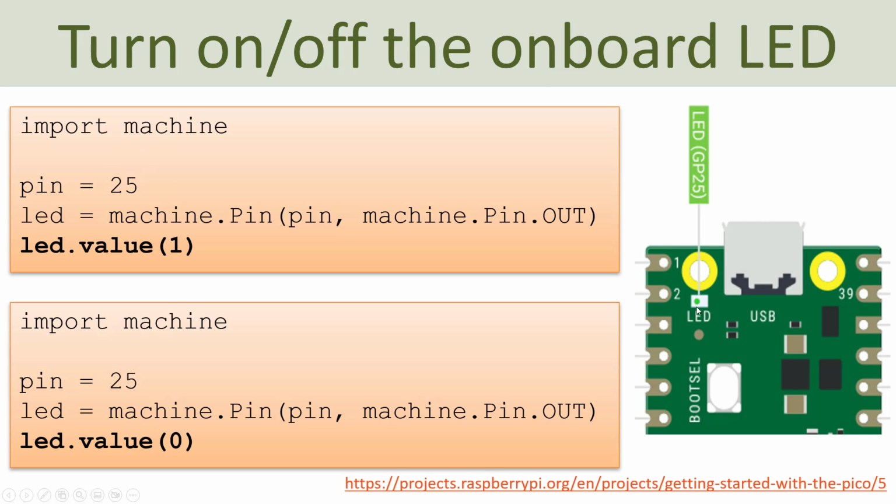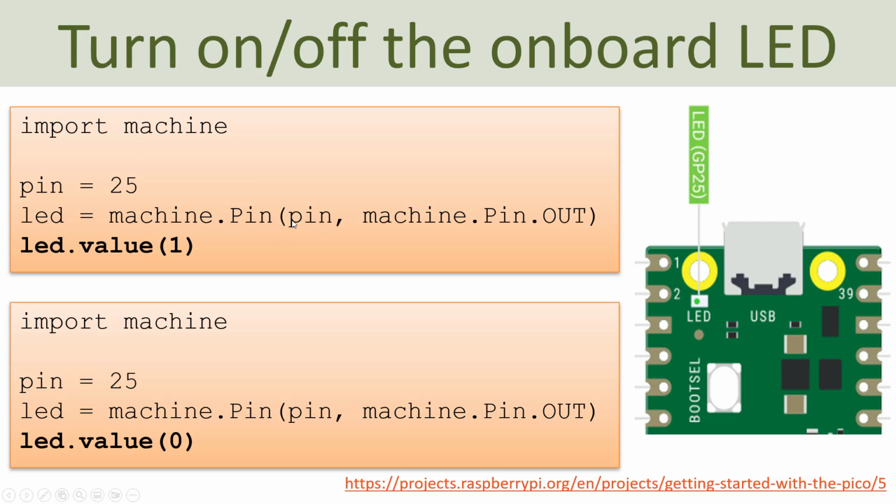In order to use the different pins and the built-in or the onboard LED, you need to import the machine Python library, and then you need to specify which pin that you are going to use. For this Raspberry Pi Pico, this onboard LED is defined to be pin 25. So then next is to define if this pin is an input or an output, and this should be an output. So then we just need to initialize